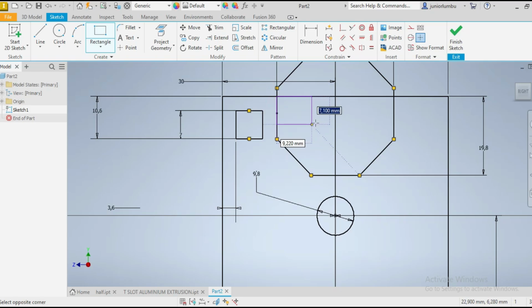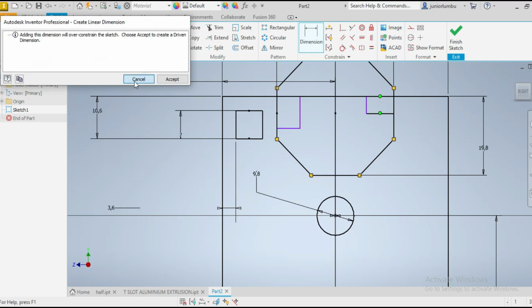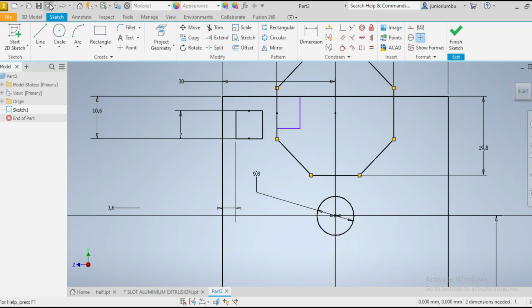Let me put it here. It mustn't have any restriction. I hope it doesn't have. Let me start it. So there you go. So no restriction there, and another one there. So this one here needs to be from there to there. Cancel. It has some restrictions, so let's remove the restrictions. That's what I don't want. So this one from there to there needs to be